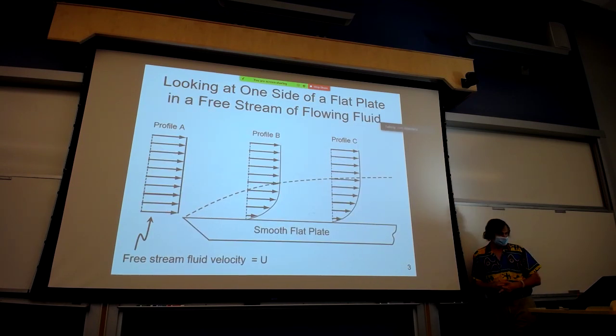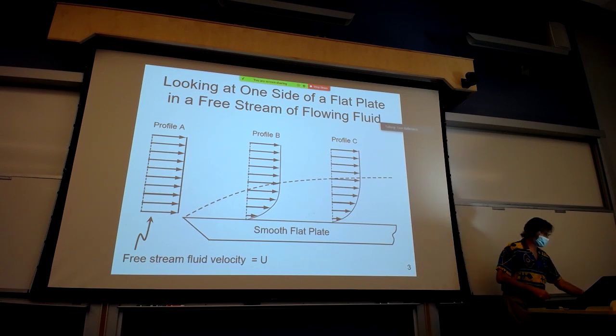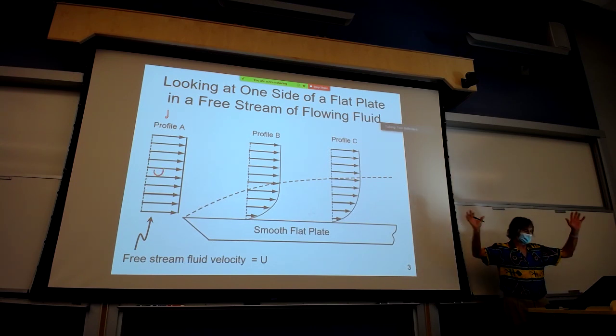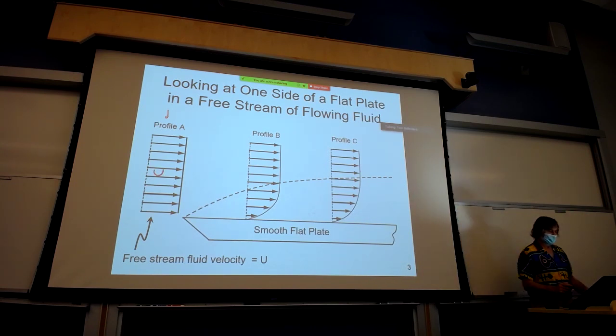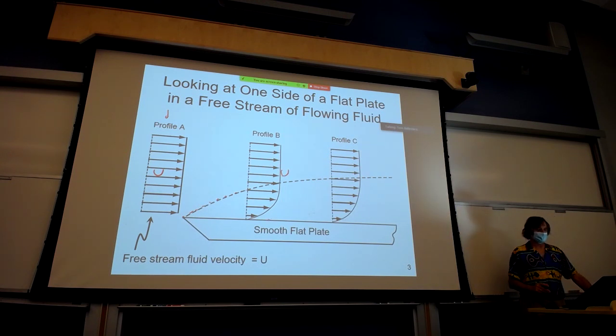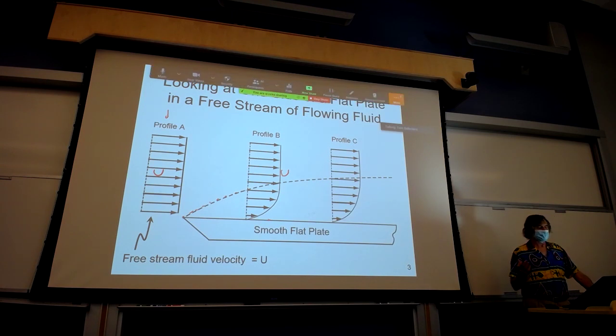So this is what I've been describing. You have, starting out right here, this velocity profile, and each of these velocities is moving at capital U. And then again, at the leading edge, this no-slip condition takes over. And what you see is the growth of this zone, where the velocity is transitioning from U to the velocity of the plate. In this case, if the plate is fixed, it's at a velocity of 0. And so you can see how this zone, again, is